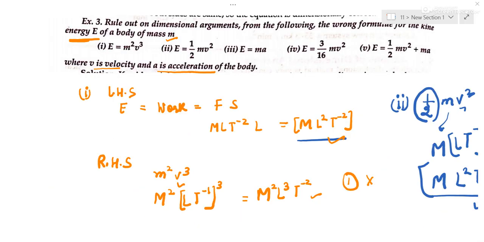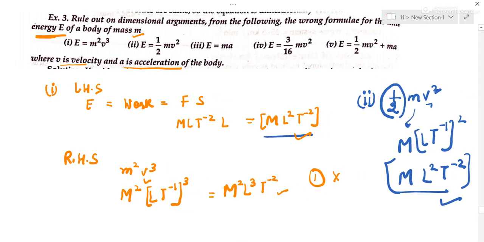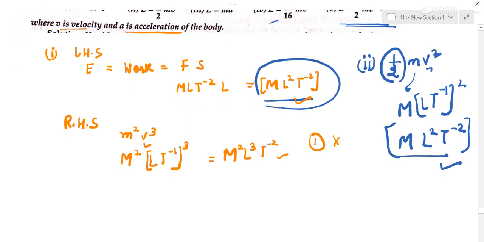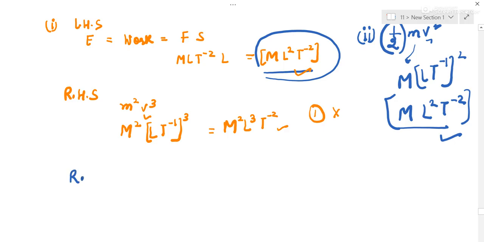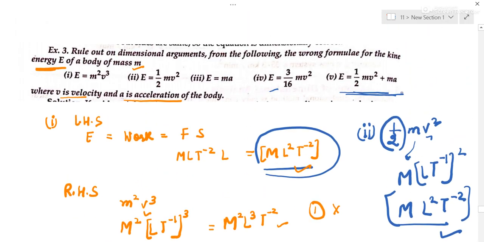Now for the rest of the part, you should give it a try and find out which is correct and which is not. For example, let me pick up this right hand side. Left hand side is already ready with me because left hand side everywhere is E. So let us pick up right hand side. So right hand side in that case is, you can see here, it is half mv square plus ma.